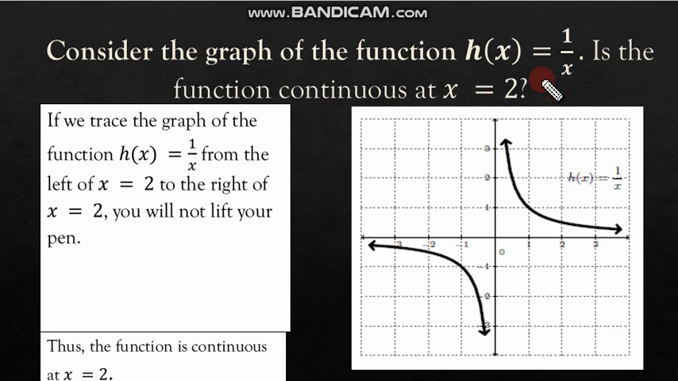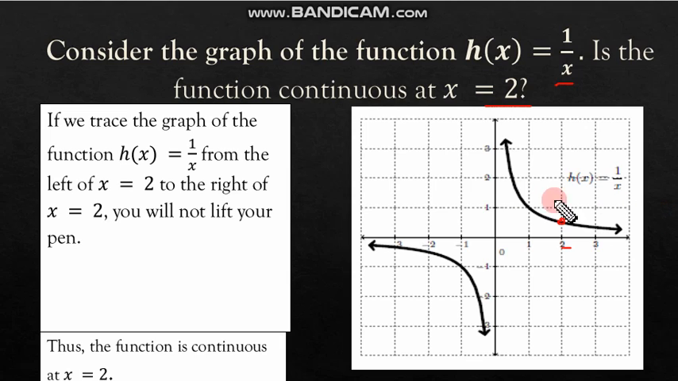The same function is given, h of x is equal to 1 over x, with a different point in question. So the point is at x is equal to 2. We will determine if the function is continuous at that point, x is equal to 2. Now at x is equal to 2, it means that at this point,